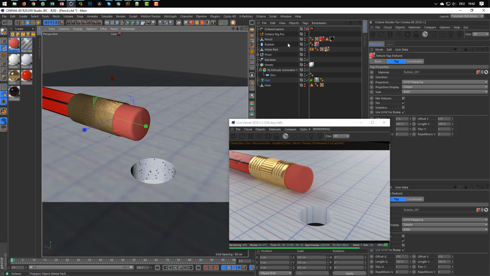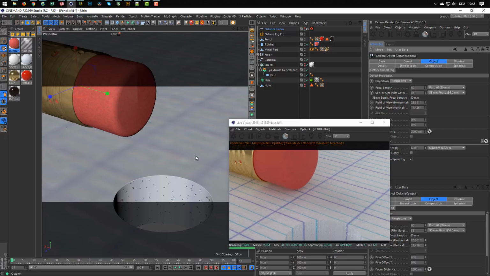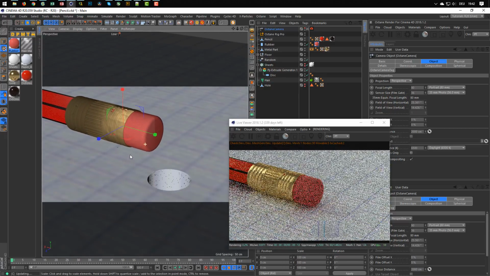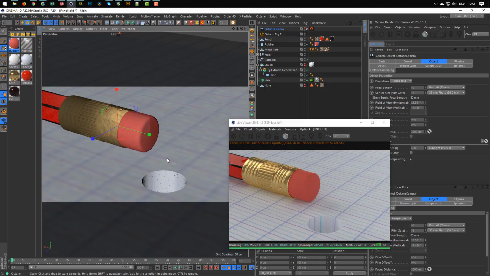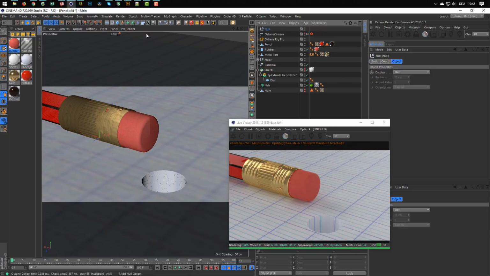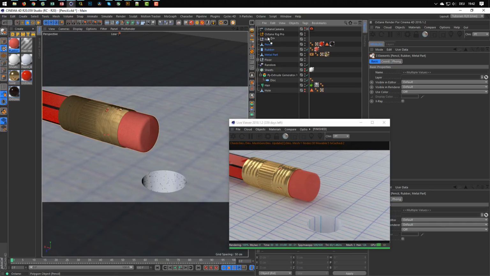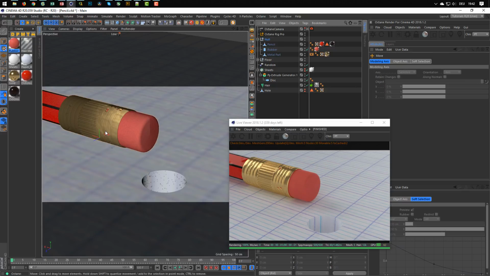So let's make another one, let's say 80 maybe. Okay, and let's say we want this whole pencil. Check. I make a null object first. Normally I select everything first and then I group it in a null with Alt G, but in this case I want it because then I have here the